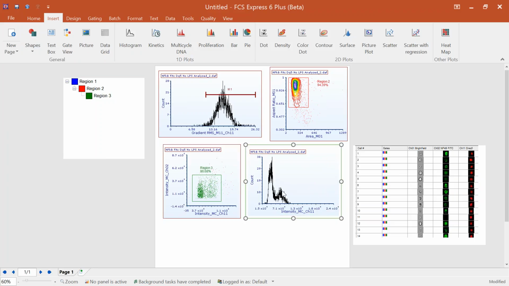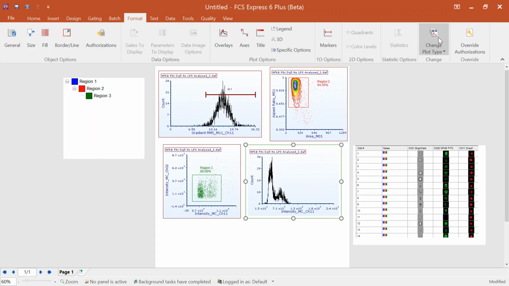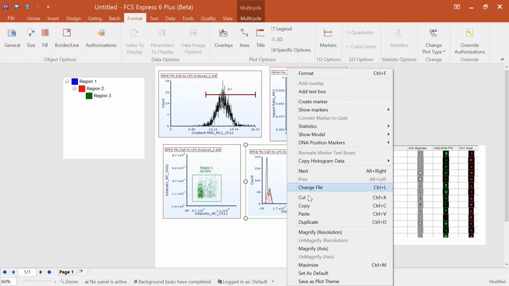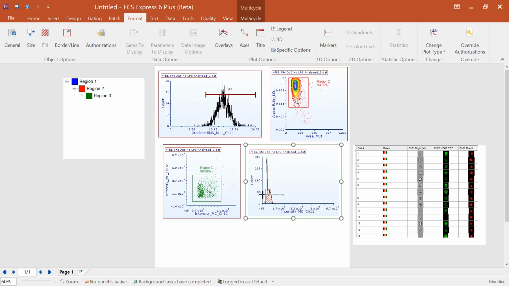So rather than trying to set up markers and eyeball where G1, S, and G2 are, I can simply come into my Format tab, choose to change this plot to a multi-cycle DNA plot, and you can see that MultiCycle has tried to fit this data. We'll do a quick unmagnify and zoom in here a little bit,